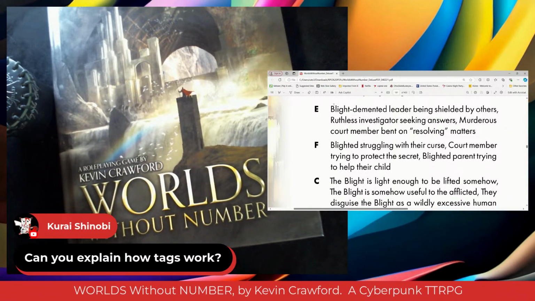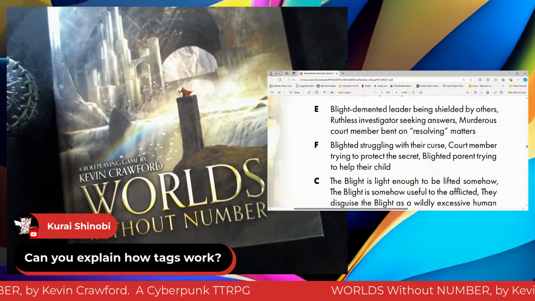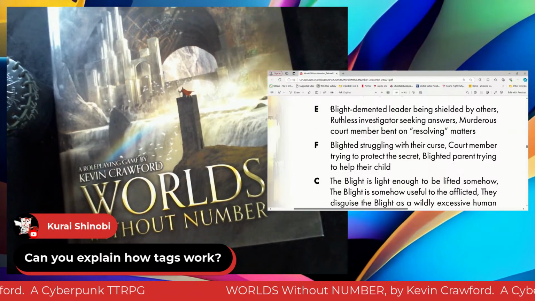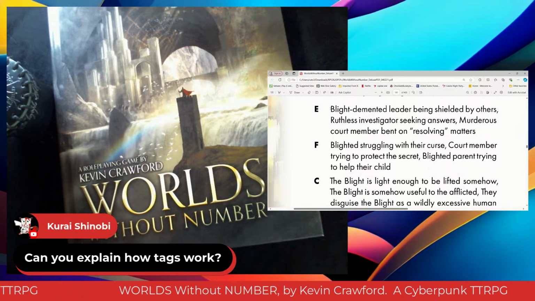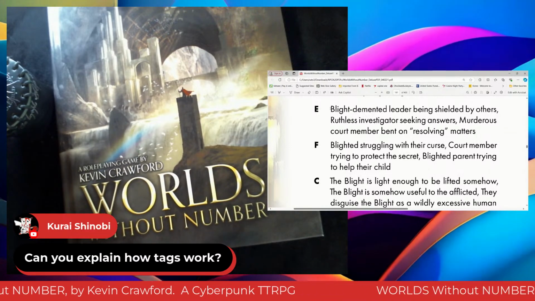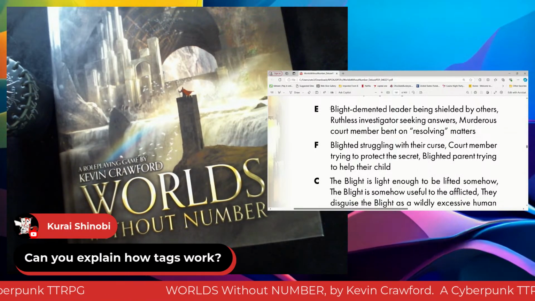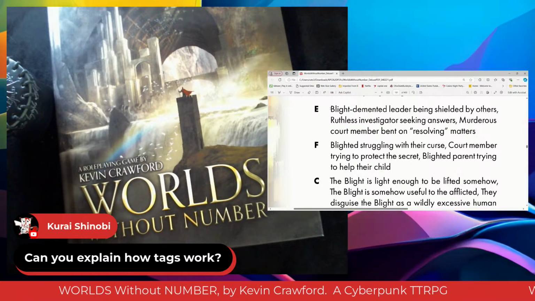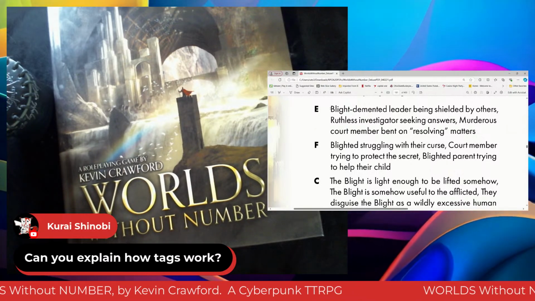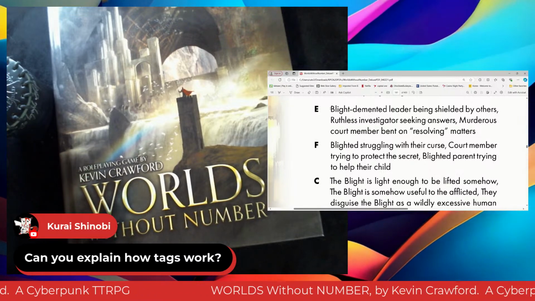So E stands for enemies. And there's usually about three to four of these kind of enemies that you can include into the world, whether you want to make it direct, like the players are literally hunting out the blighted, or they've traveled somewhere, haven't realized they entered into a place with the blight, and you want to remind them and drop little clues. And so that's what these are.